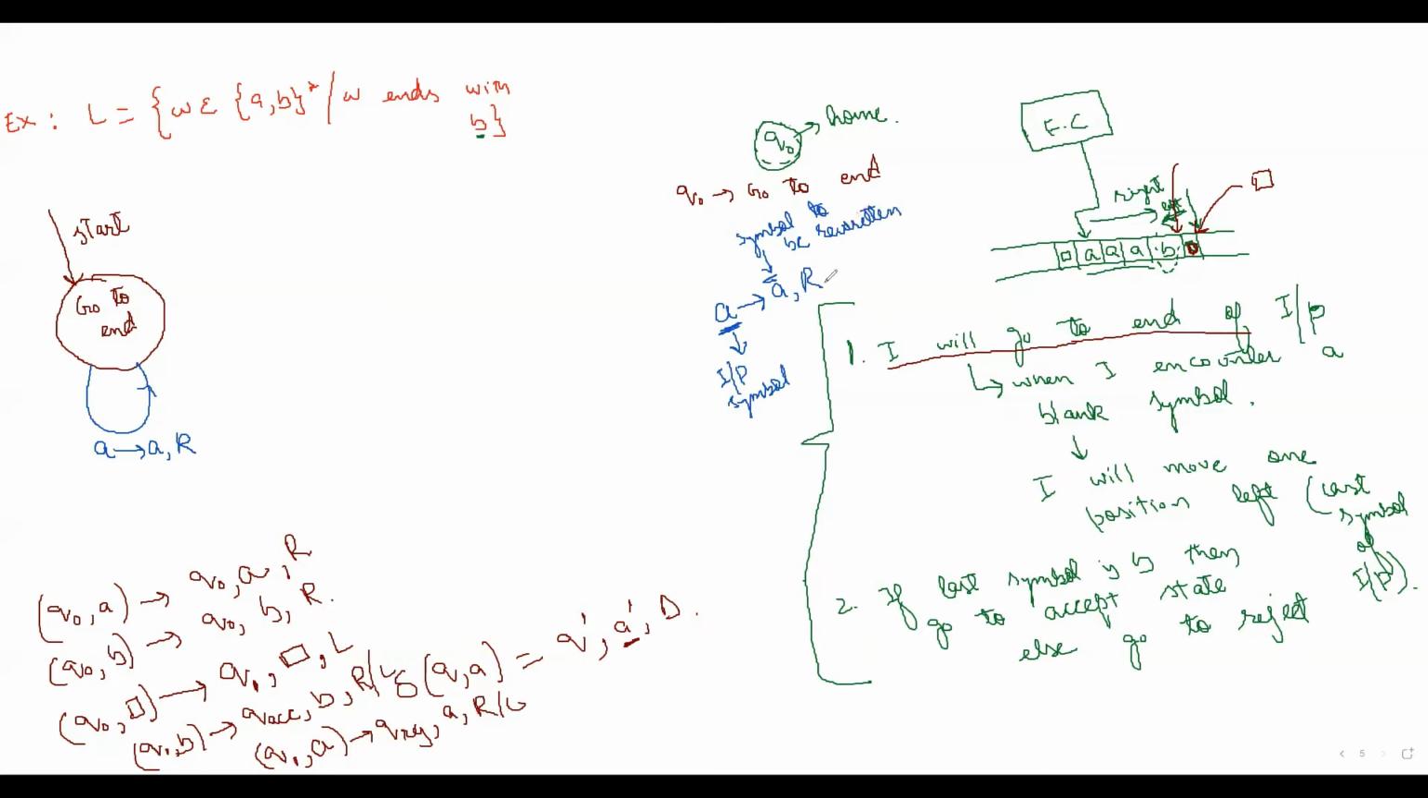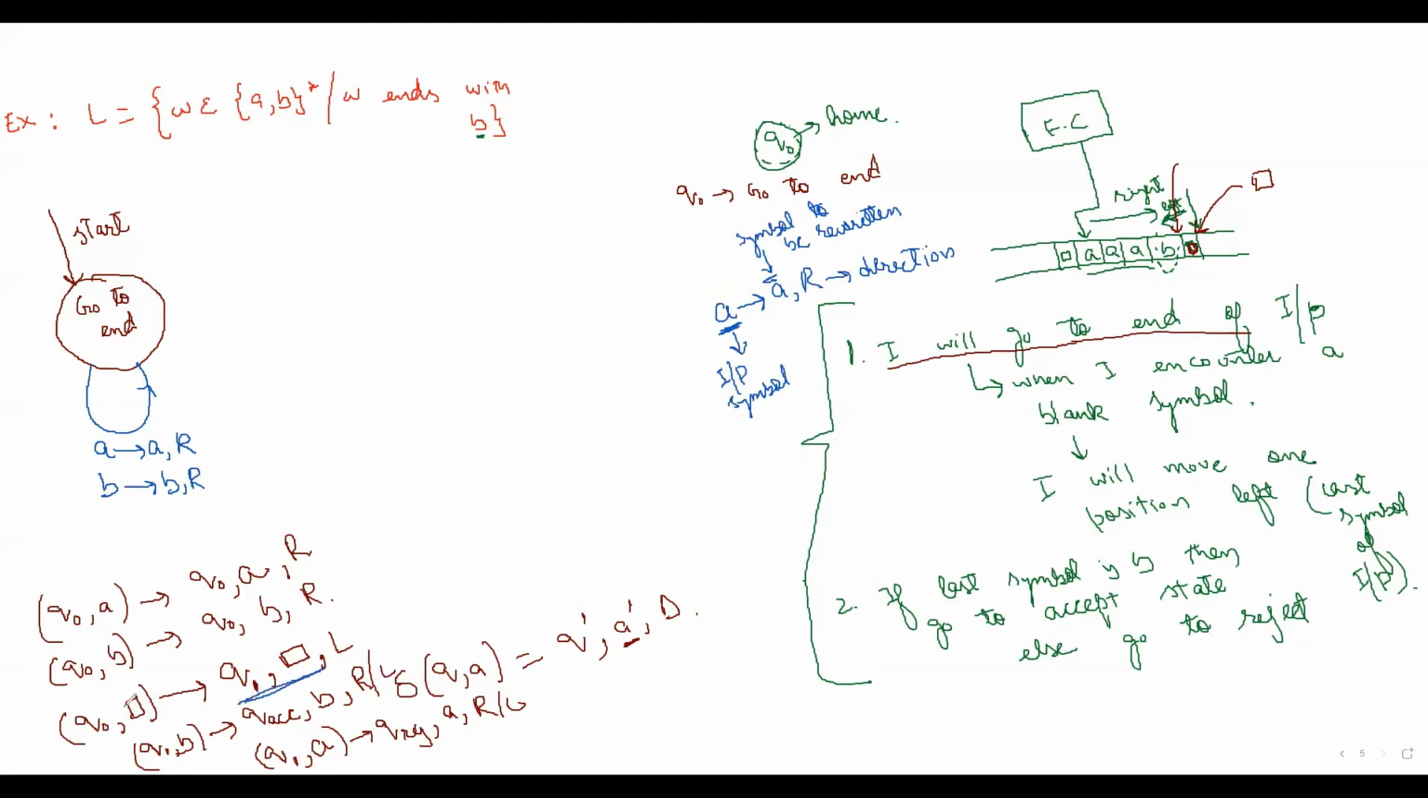And this is saying the direction of movement. Okay. So on this transition, we will write it like this. Likewise, if B is there, we will remain in Q0. We should rewrite B and move right. Now, if this is coming, this one